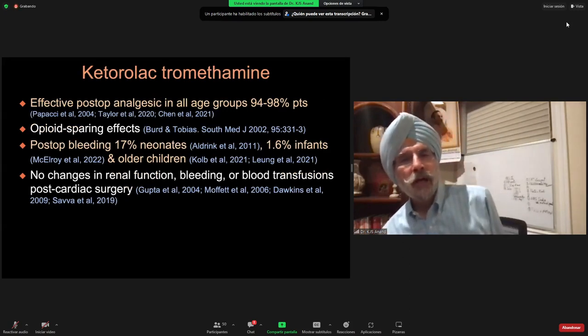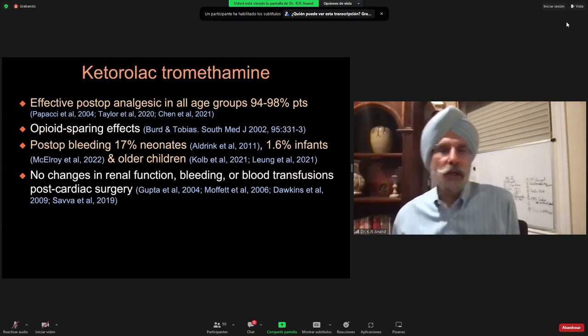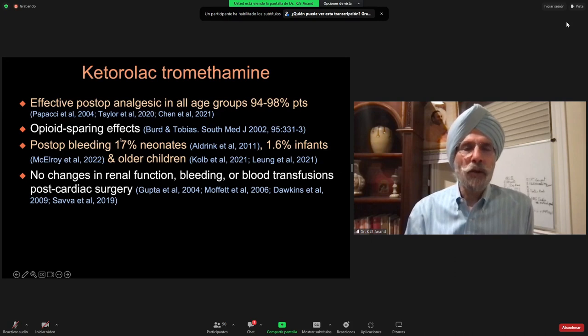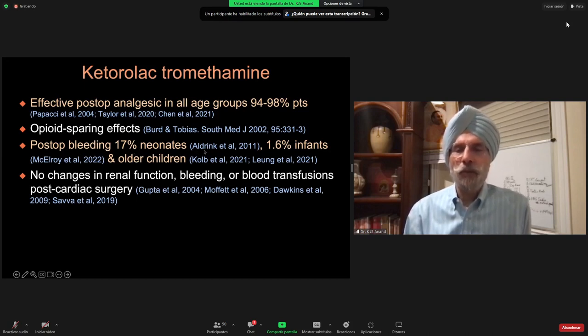Toradol or ketorolac is a common drug. It's a post-op analgesic for all age groups. It's very effective in newborns. It does have some opiate sparing effects. Although there was a slight increase in post-operative bleeding in about 17% of neonates, in a post-op